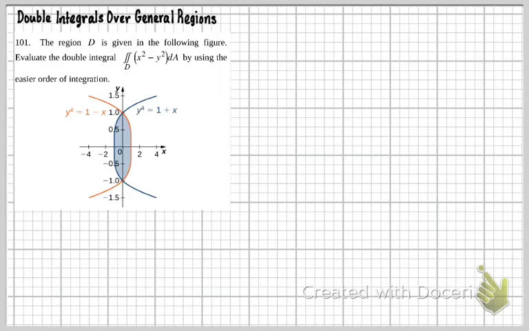Let's take a look at 101. This says the region D is given in the following figure. Evaluate the double integral. So we have this f(x,y), which is x squared minus y squared dA, by using the